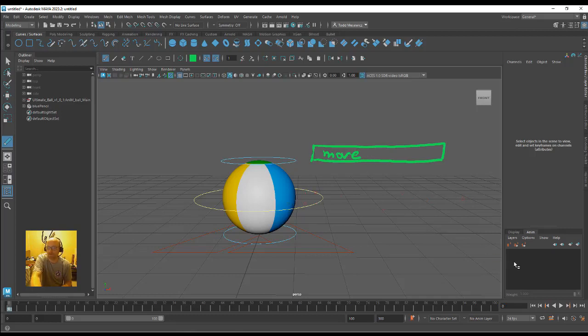Well, that could be one layer in the animation layer palette. And then while that's occurring, you can have another layer that handles just rotation keys. And then you can have another layer, maybe that just handles squash and stretch. And so the idea then is that,